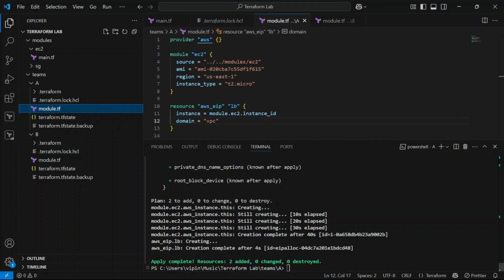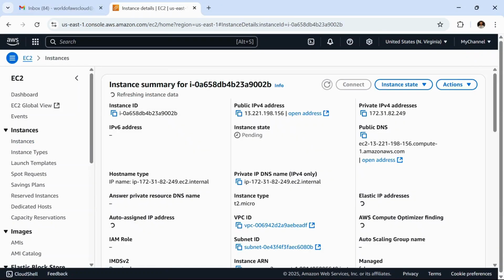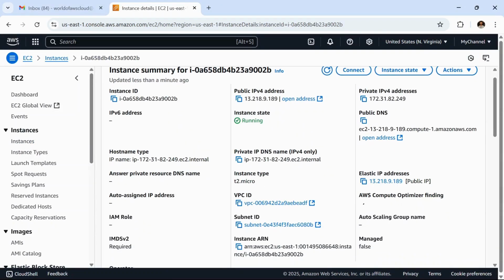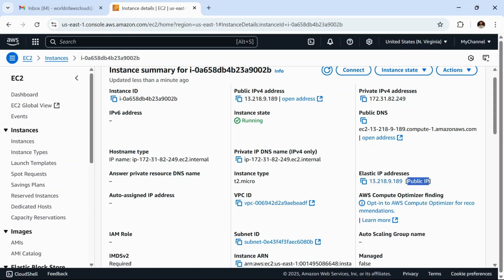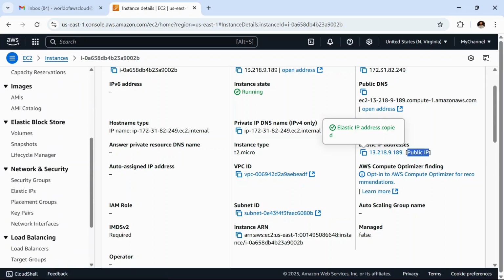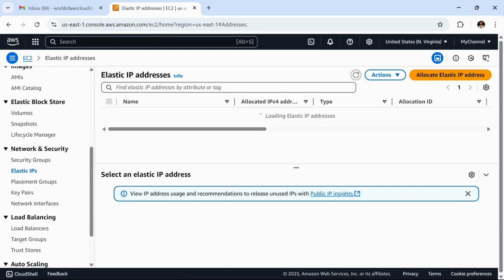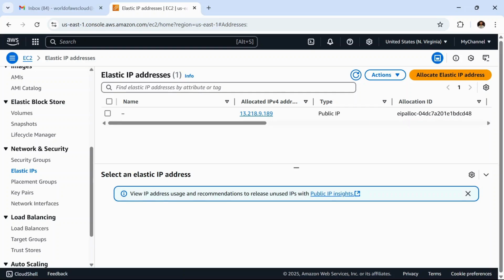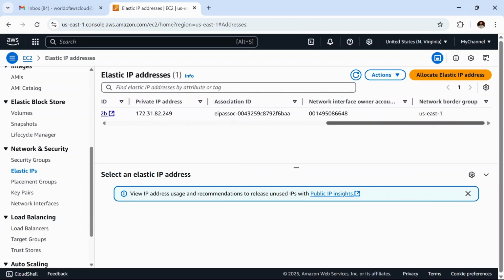The creation got completed. Let's explore whether we have the elastic IP attached to this instance or not. As we can see here as the public IP, we have the elastic IP attached to this instance. If we go to the elastic IP section, we will be able to see one elastic IP allocated.